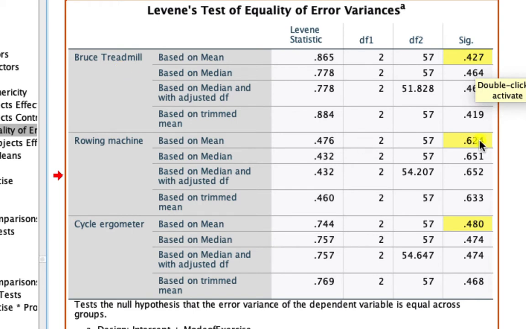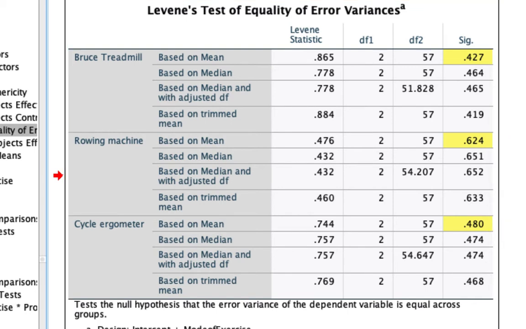measurements. This one would say that we have equal variances between the modes of exercise within the rowing machine measurements. And this one would say that we have equal variances between modes of exercise within our cycle ergometer measurements. So in all 3 cases, we have met our assumption of homogeneity of variance because the p-values are greater than